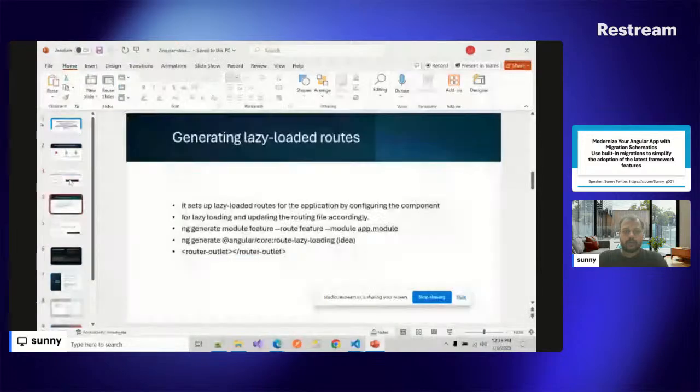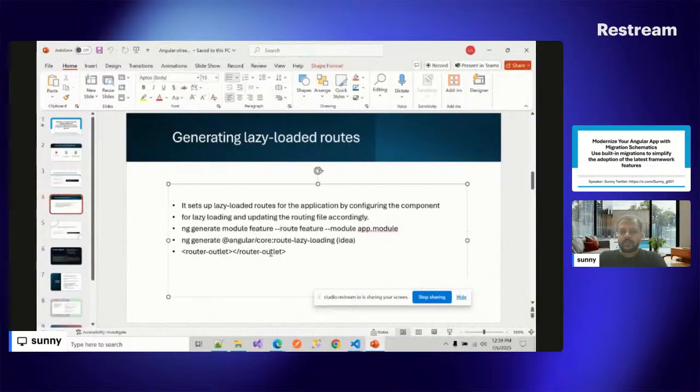Now we're going to talk about how you can generate lazy loaded routes. So here, if you see what we have, we can create a lazy loaded route by importing the simple module or simple component. This command sets up the lazy loaded route for the application by